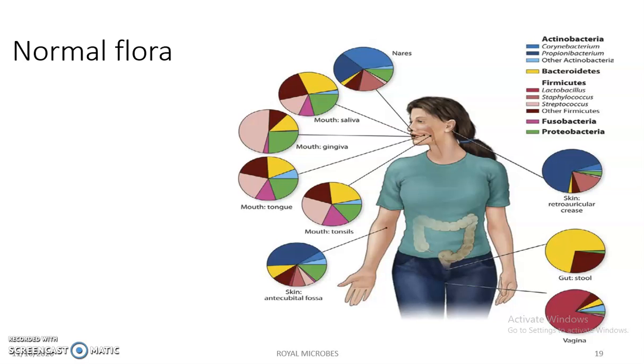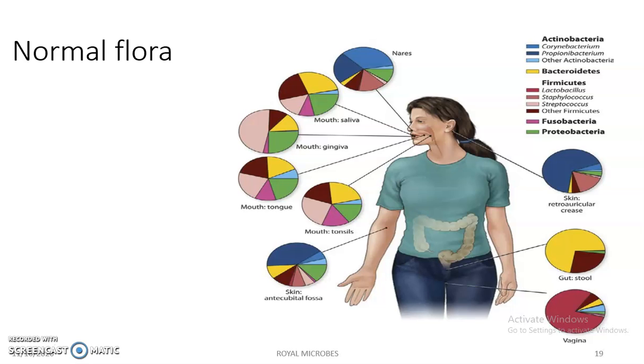That is, they protect our body from enemies, mainly from external microorganisms, by producing some acids or toxins. For example, E. coli is present in the gut, in our intestinal tract, and it is capable of producing a toxin called colicin. The toxin produced by bacteria is called bacteriocin, and the toxin produced by E. coli is called colicin. This colicin is capable of killing the external bacteria.